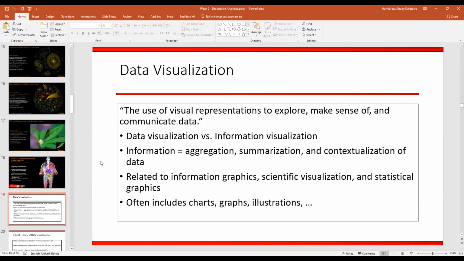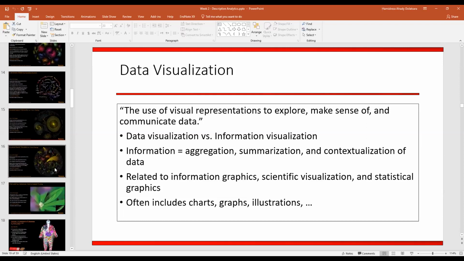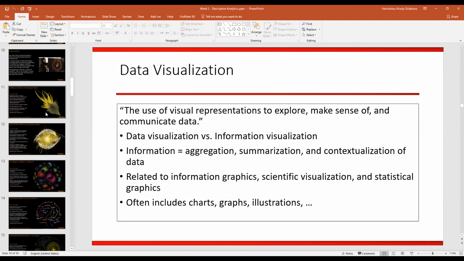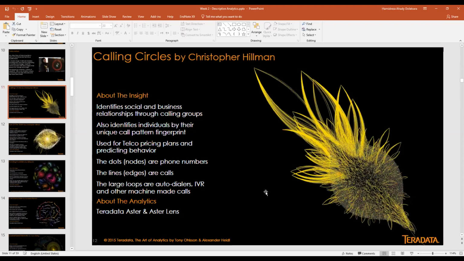We're also talking about information visualization, basically aggregation, summarization, and contextualization of the data. Some of those visualizations put the emphasis on the artistic part. But look here. This visualization is also very artistic. You can easily find